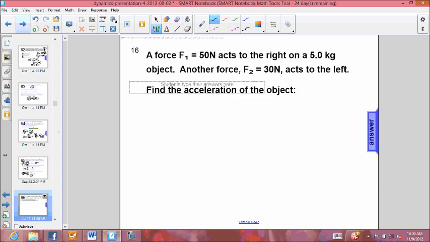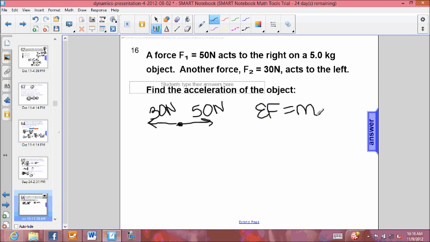Now we've got a force F1 equals 50 N acting to the right on a 5 kilogram object. Another force, 30 N, acts to the left. Find the acceleration of the object. So we have our little free body diagram over here. We've got F1 going this way at 50 newtons, then F2 going this way at 30 newtons. And we know sigma F equals ma. Our sigma F in this case, with this as the positive side, is going to be 50 minus 30